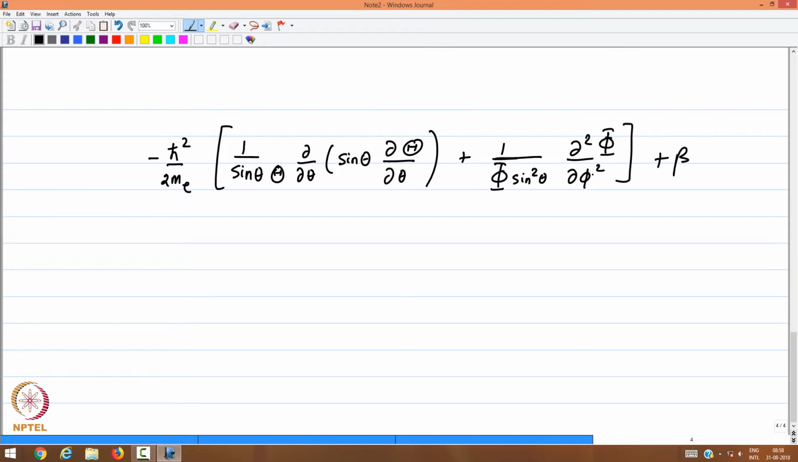All of this is the kinetic energy term with the minus h bar square by 2 m e, plus beta is equal to 0. And of course, since we multiply this by the constant 2 m e by h bar square, let us define beta prime as 2 m e by h bar square times beta, and then you can easily get rid of this term, okay, and write the minus sign here, but then you call this beta prime is equal to 0. Okay. Now, again, if you multiply the whole thing by sin square theta,